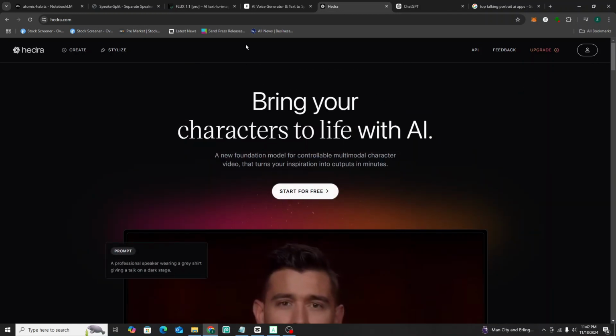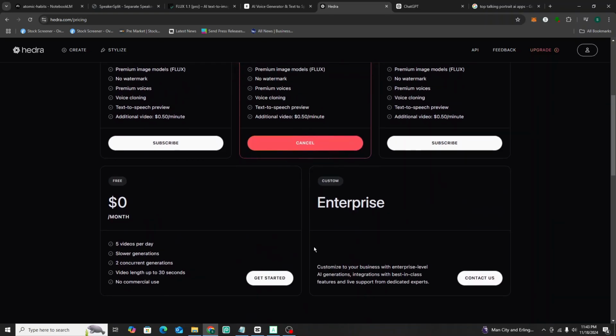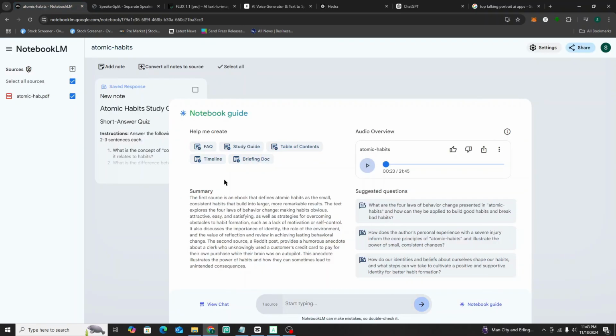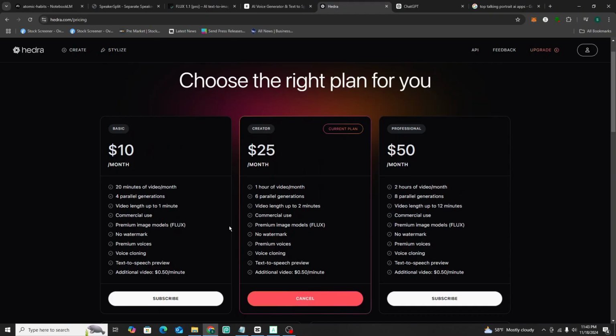Now, the only thing I will say with them is when you go to picking the account, if your podcasts are going to be super short, like less than a minute, you can keep the free account, right? Now, most of the NotebookLM podcasts, as you can see here, they're going to be 20 minutes long, right? So if you're going to be having 20-minute long podcasts, I recommend upgrading to either the creator or the professional, only because